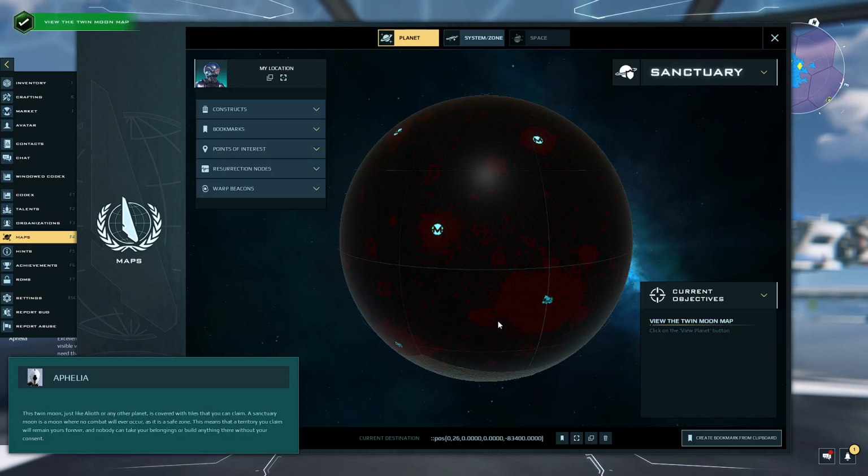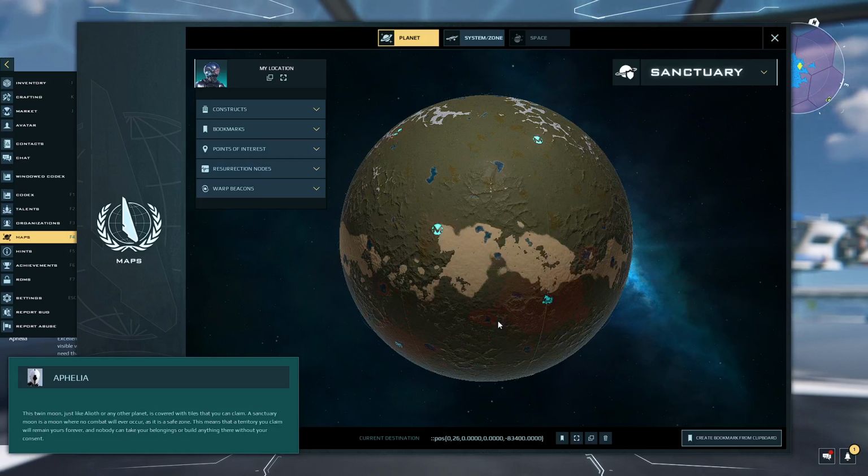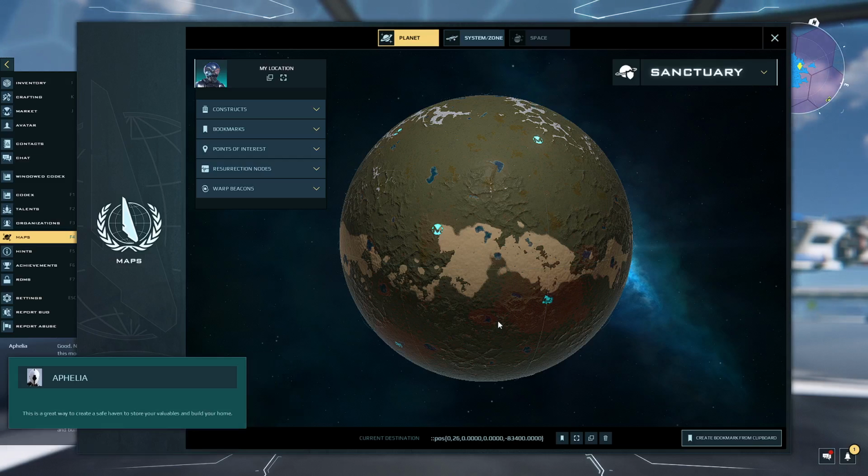This twin moon, just like Alioth or any other planet, is covered with tiles that you can claim. A sanctuary moon is a moon where no combat will ever occur, as it is a safe zone. This means that a territory you claim will remain yours forever, and nobody can take your belongings or build anything there without your consent. This is a great way to create a safe haven to store your valuables and build